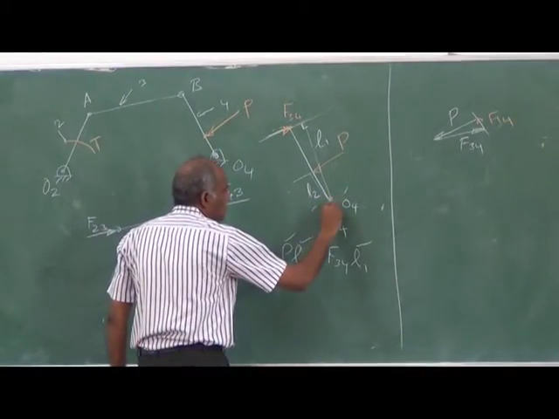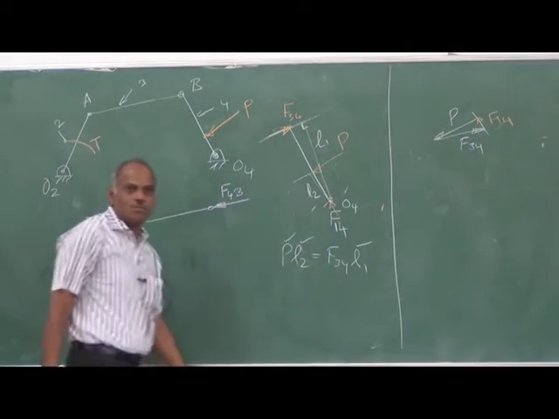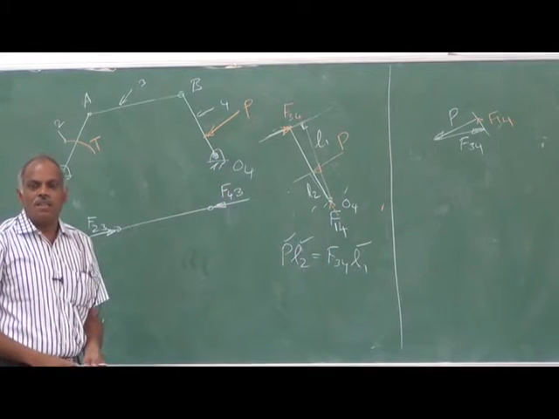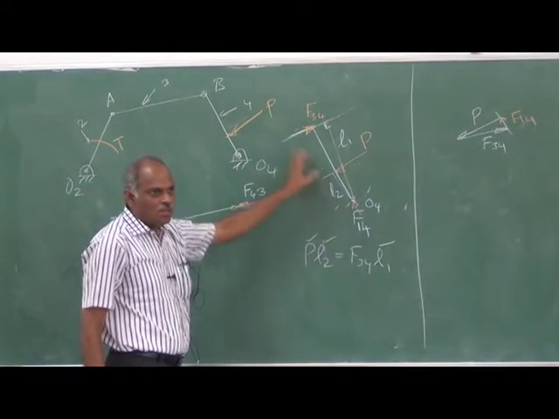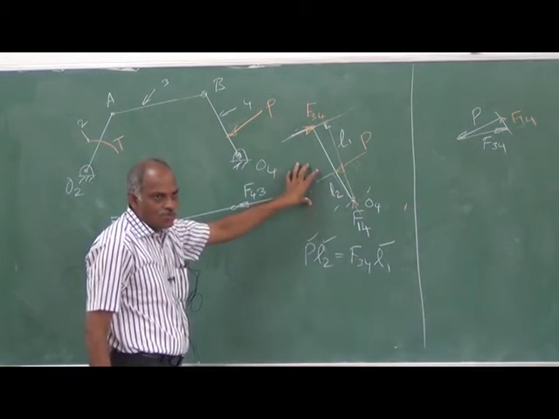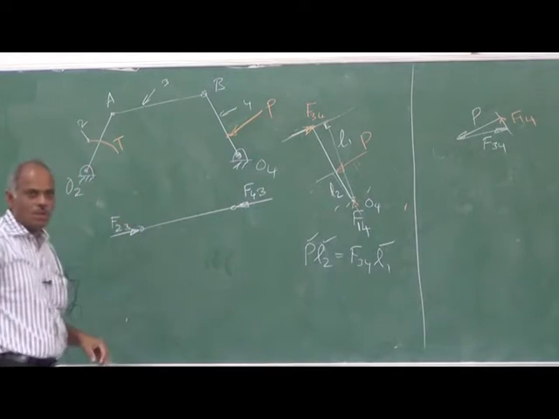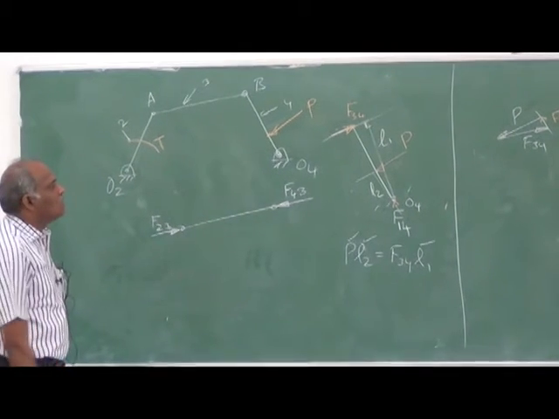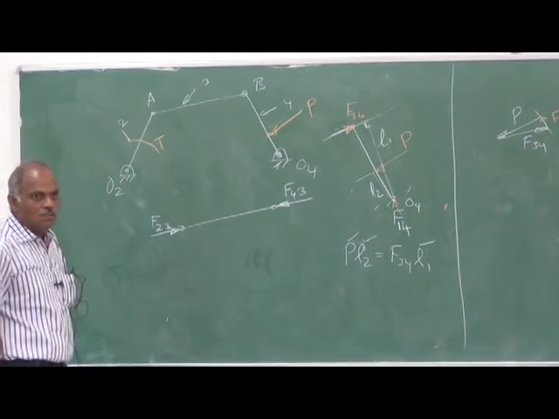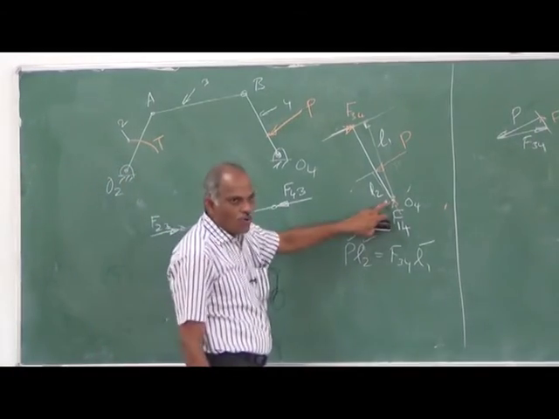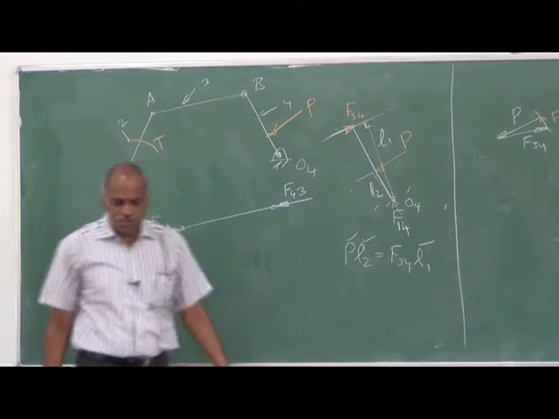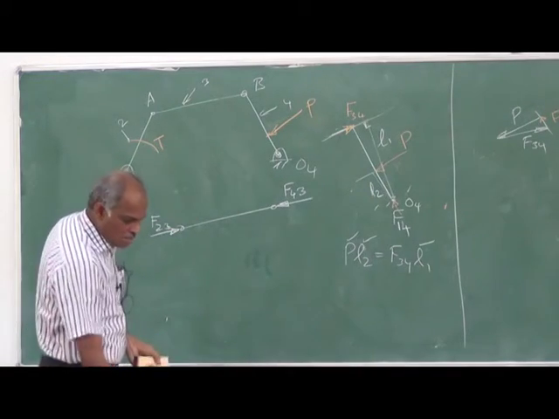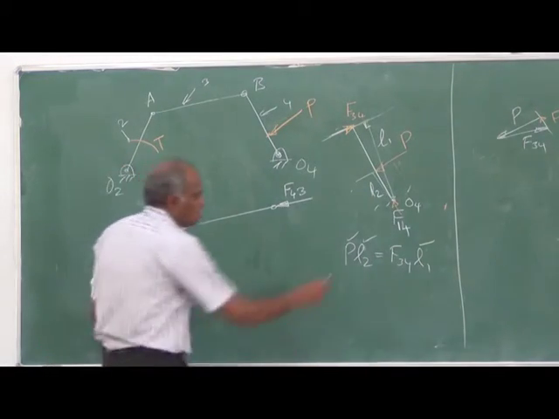I can apply this here. That is my direction. So I have found all the relevant information about the forces acting on linkage 4 as well as 3. Do you have any doubt? So initially I take the moment about O4 to get this, then I can use the theorem of three forces to get the magnitude and direction of F14.